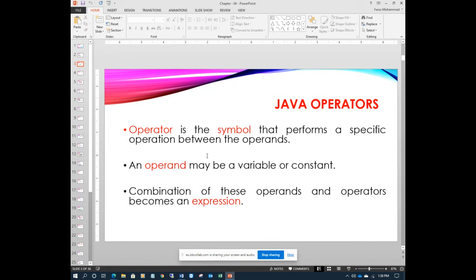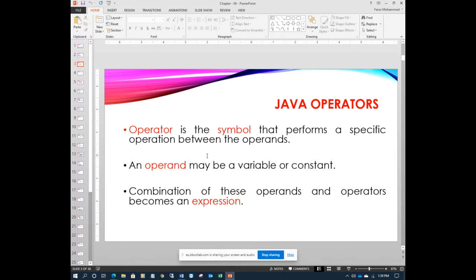To perform operations on this data, calculations, manipulations, anything, on these operands, we need an operator. So operators are symbols that perform some specific operations between the operands. We take some data and perform some operations on it with the help of operators. An operand may be a variable or constant. It may be numbers, text, but mostly numbers, because we perform operations on numbers.